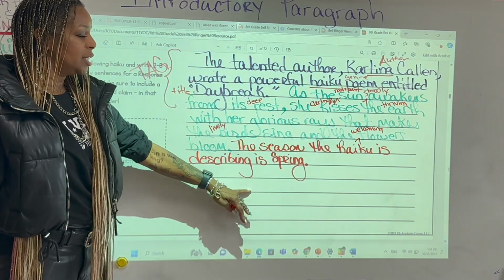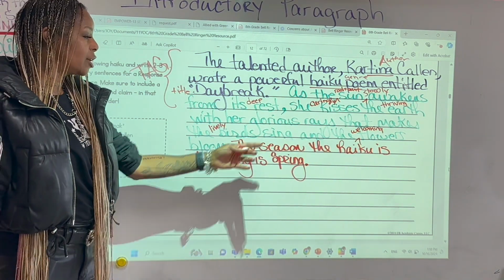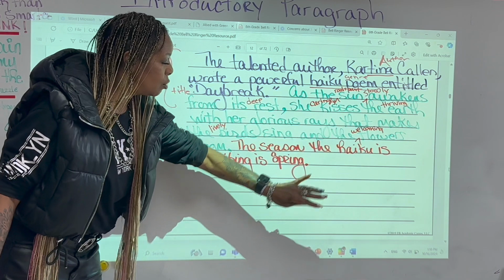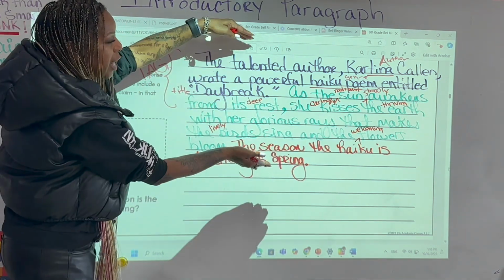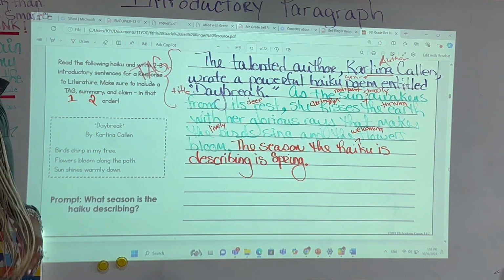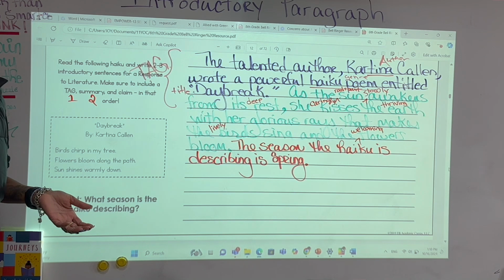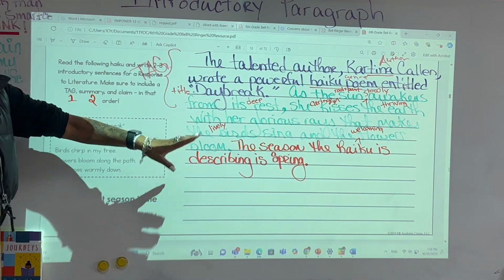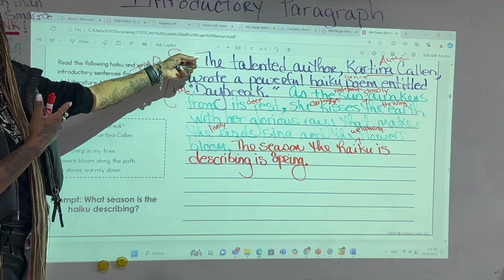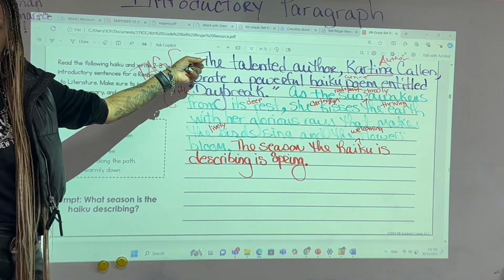The topic sentence of your body paragraph is going to be your reasoning, your because. How do you know? Because. Okay, so we're not doing that right now. We're going to stop right here. This is a basic intro, and I think the intro is very easy to write. Why? Because it doesn't contain your opinion besides your claim. You're writing the title, author, and genre in one fluid sentence.